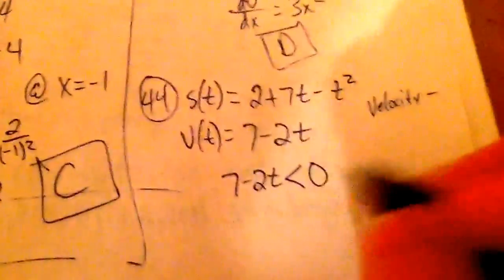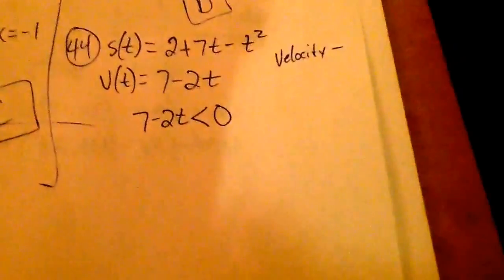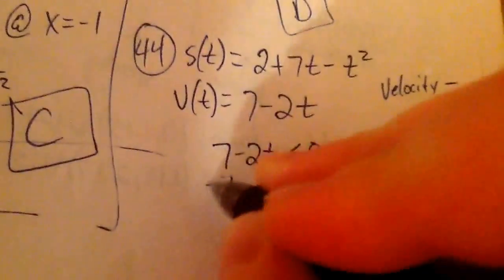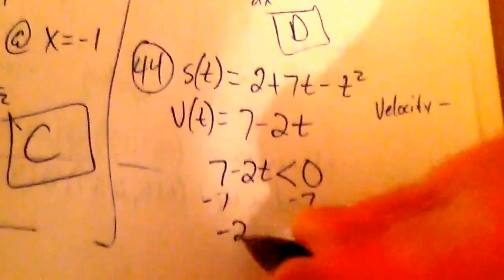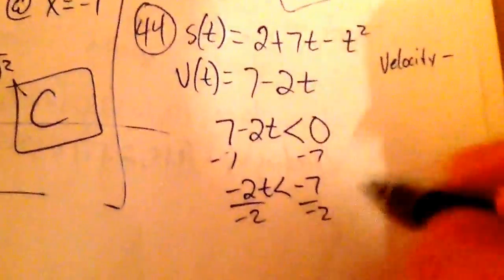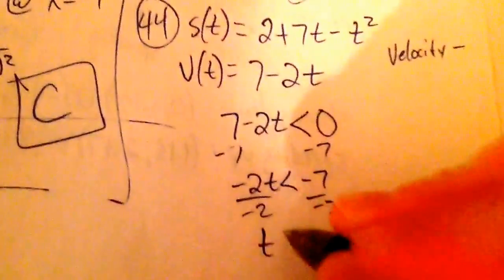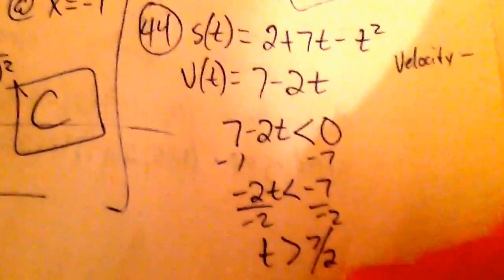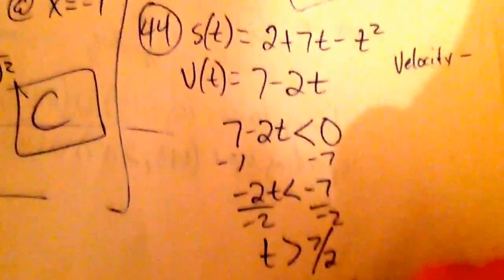Or you could set it equal to 0, and that would tell you when it hits 0, and then figure out on one side is it positive or negative, and on the other side is it positive or negative. But that's easier. So just subtract 7, so negative 2t is less than negative 7, divide by negative 2. Remember, when you divide by a negative in an inequality, flip it. So when t is bigger than 7/2, or when t is over 3.5 seconds,